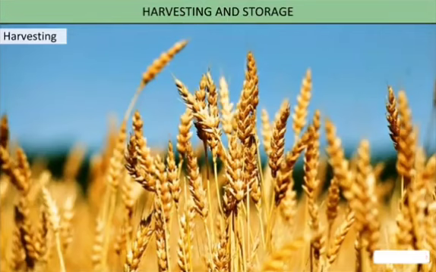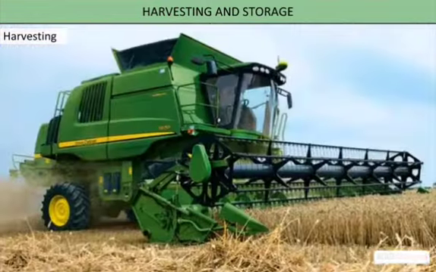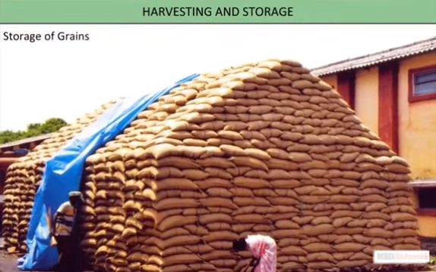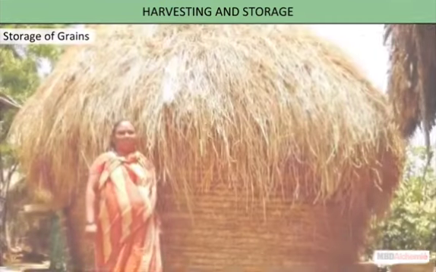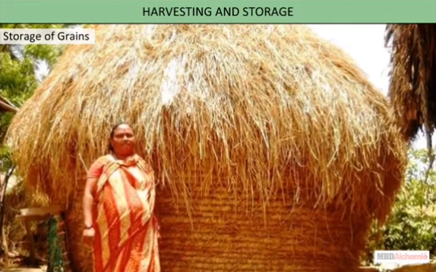Harvesting is the final stage of the agricultural task. Fully grown crops are cut and gathered. This is either done manually or by using a harvester combine. Storage of grains. After harvesting of crop, farmers store grain in bulk using different types of storage structures made